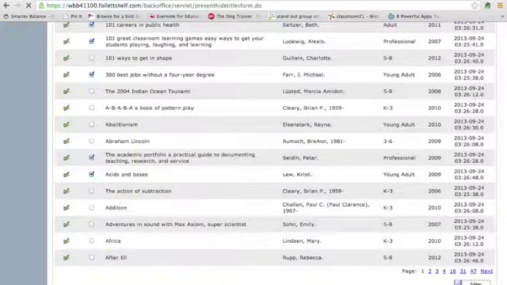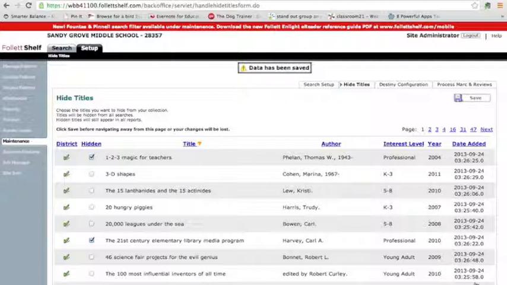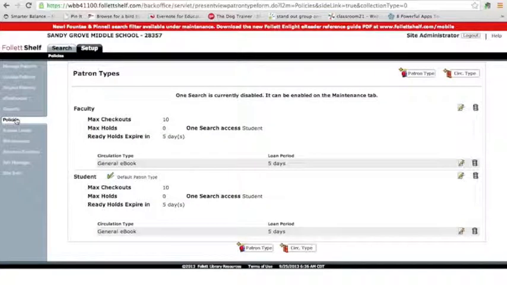So as we go through, I would suggest maybe this is something you do over time, that you will go to the next page and unclick it. It doesn't really take that long. It's just a little tedious. The other thing that you would want to make note of is the policies. Okay. In this place, this is where we're going to determine the patron types and their ability to check out books, how many books. The default is that there are 10 checkouts as the max, and they cannot hold, and